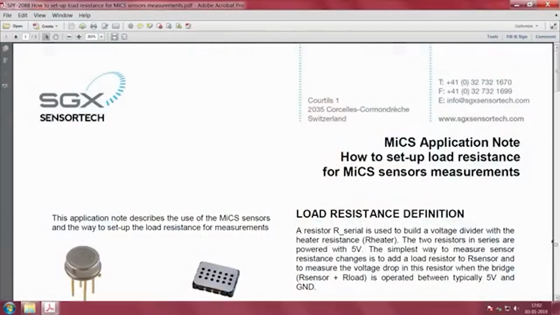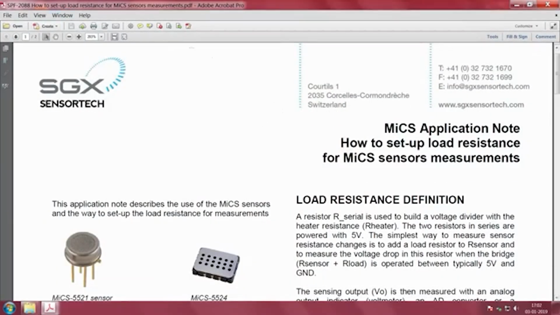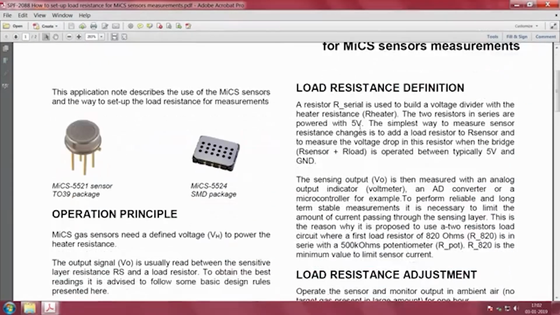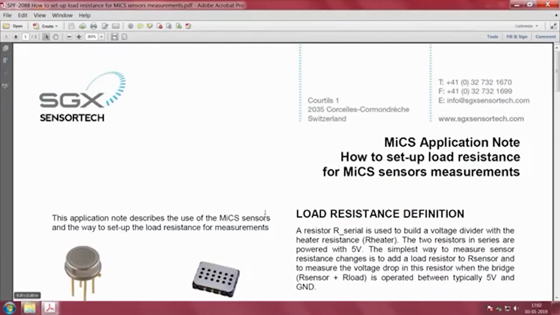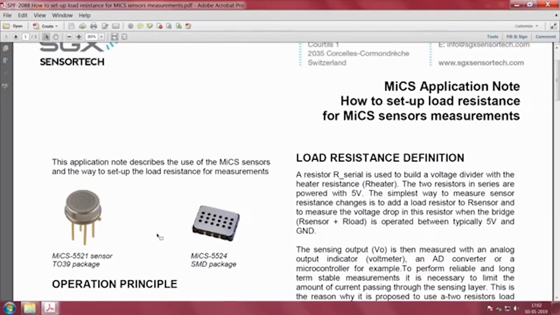How do you tune the sensor when you buy it? What are the key documents that you have to look up so that you can tune the sensor? That is the key question that I wanted you to get exposed to. So let us go to this SGS Sensortech page. I have expanded it to a good percentage. You will see that you get it in two form factors. You will get it in this form factor, and let me show it with this. So they give it in this form factor as well as in this form factor, and